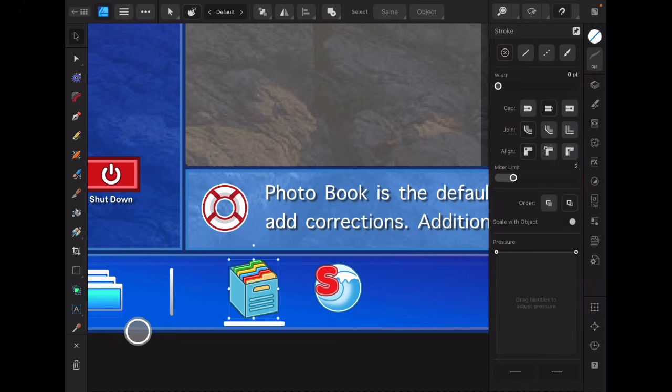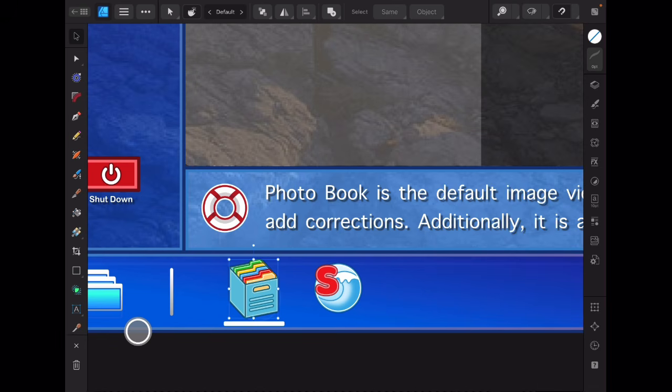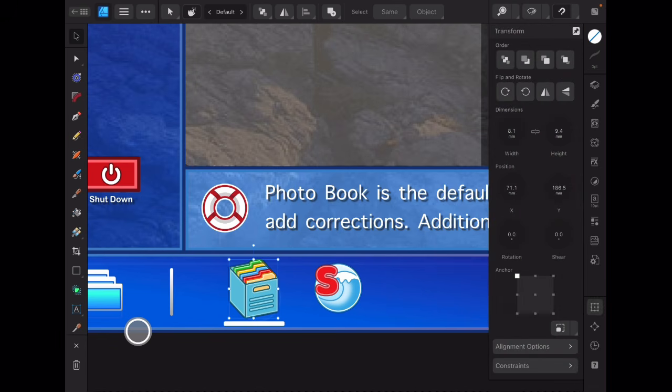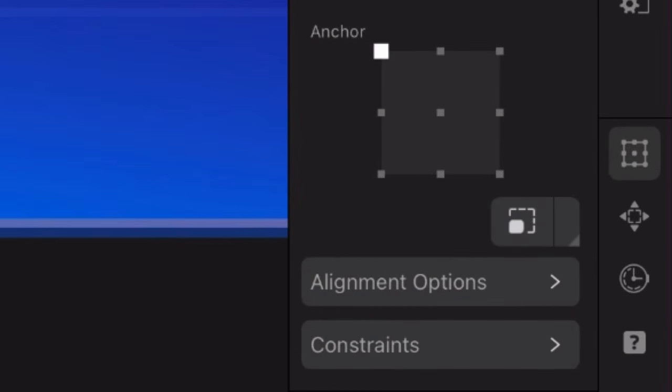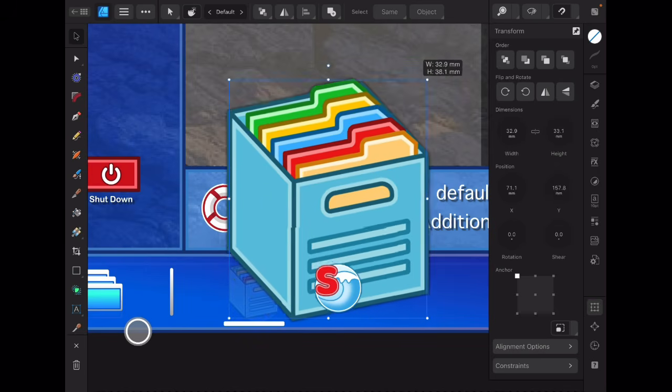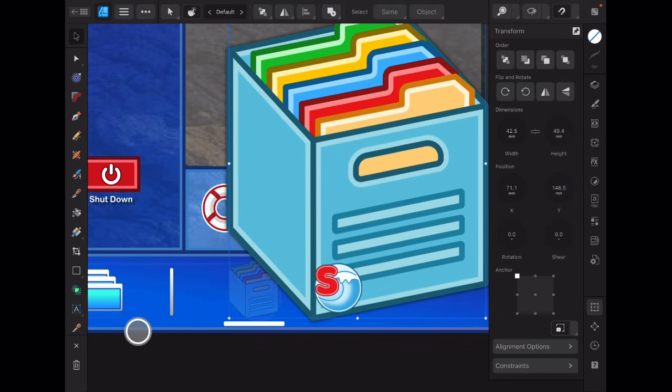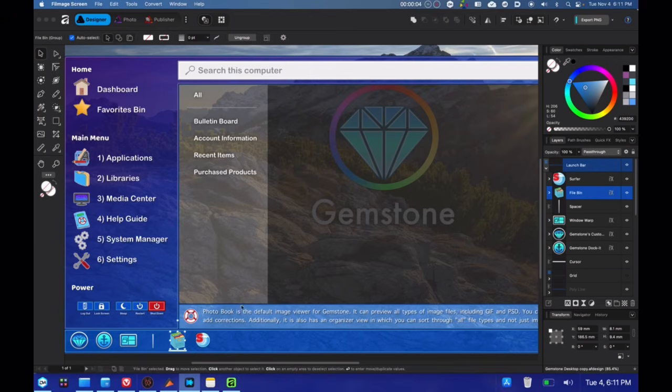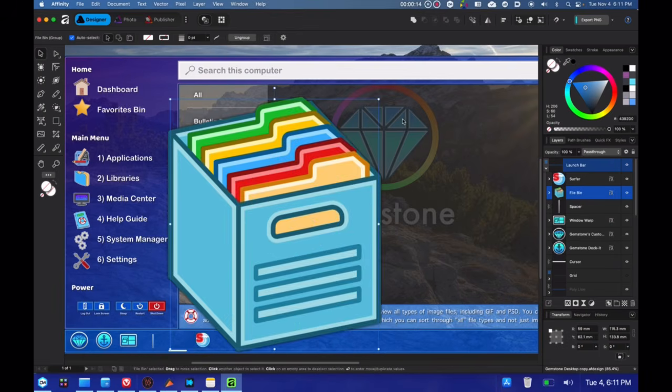So I'm going to turn Scale with Object off, and instead I'm going to go into the Transform panel, and I didn't realize it, but there's a tool here that's hiding. If I select this, then when I rescale, now I do get the result that I'm looking for. And obviously, the same thing can be done in Affinity version 3 if you select this icon in the Transform panel here. So don't give me an attitude.